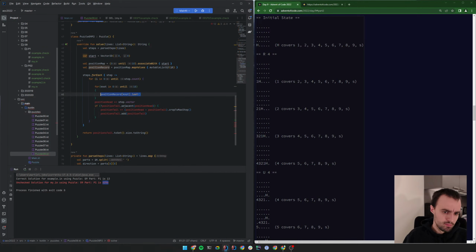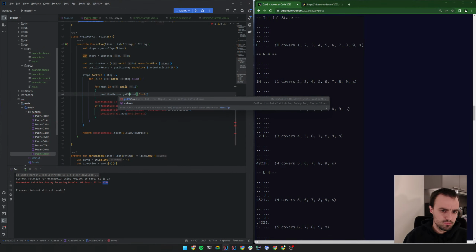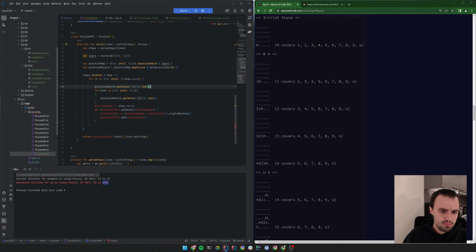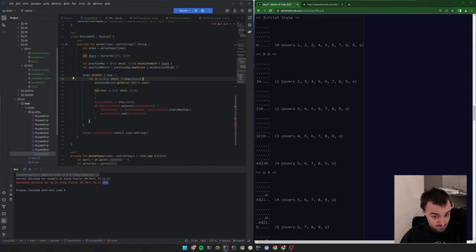Yeah. And obviously with the get value here. And I think we'll do it for 0 for now. Do it maybe for 0 outside. I think that will make sense. And we tell it that this is the last position, and we will update this one with